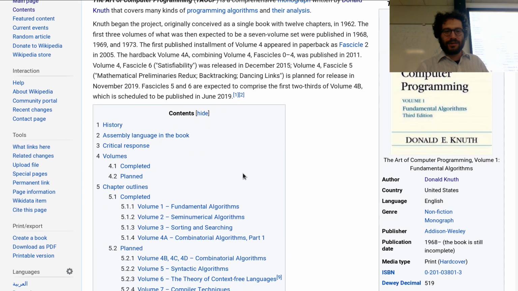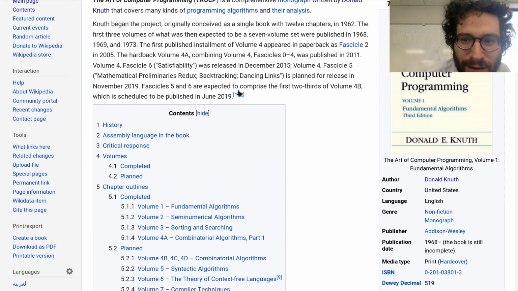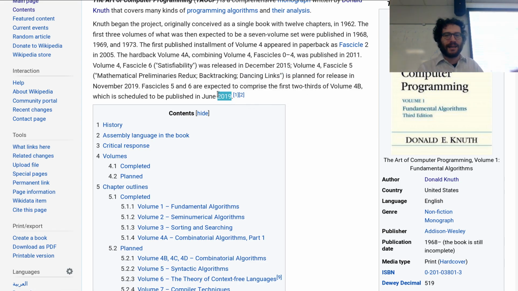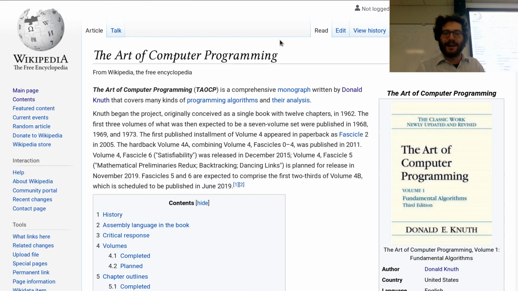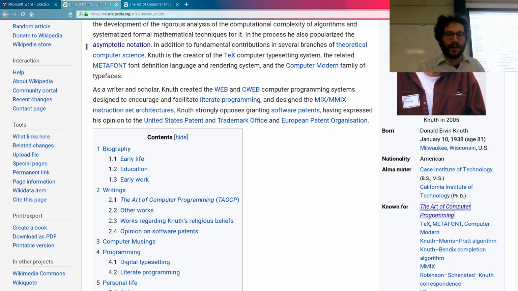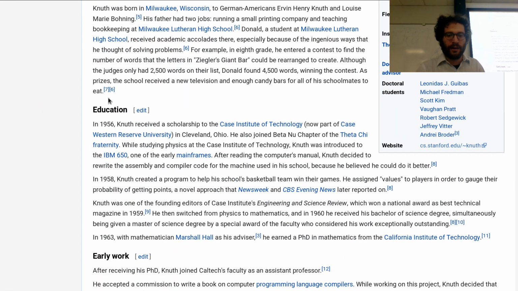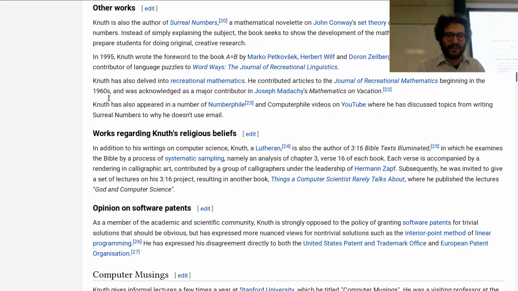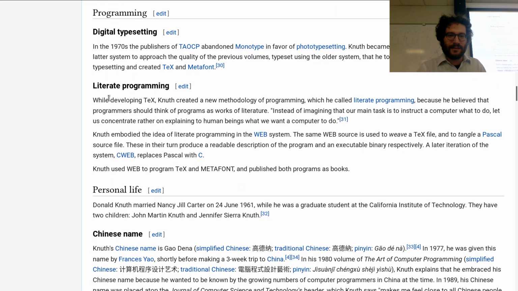which is huge. And the first 2 volumes of 4B are scheduled to be published in 2019. He's been publishing volumes of it since 1968. It's been a while. But it is the work. He's very, very well known. He's a very famous computer scientist. Anyway, he was publishing this book, and the typesetters abandoned monotype in favor of photosetting,